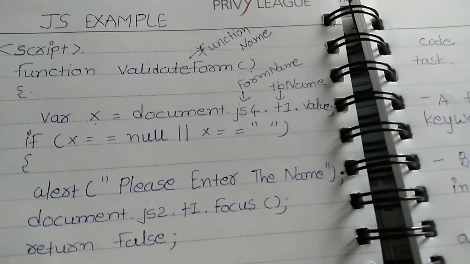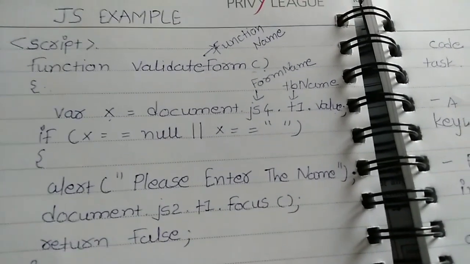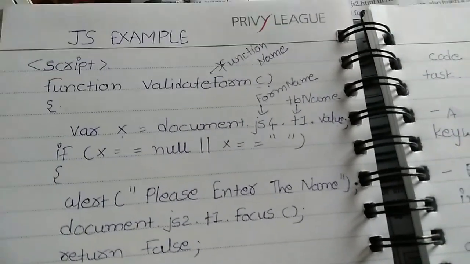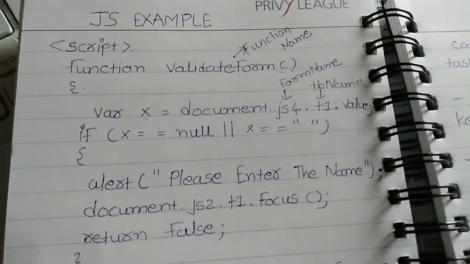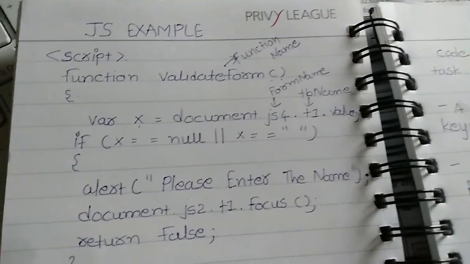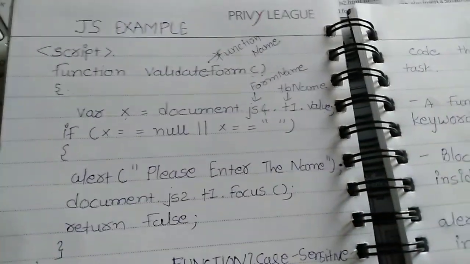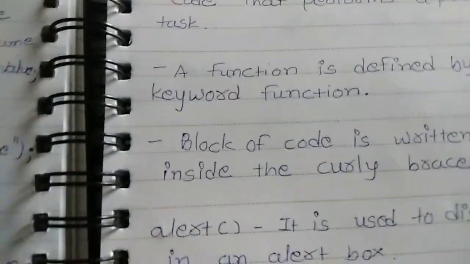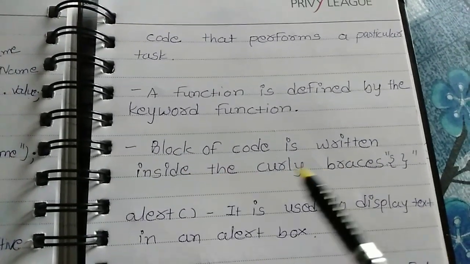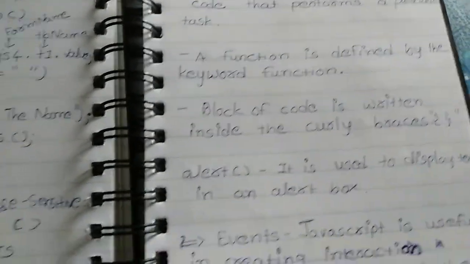Which bracket? Curly bracket. In an MCQ, if a question arises about which bracket you write your code in, then the answer is curly bracket. Next, block of code is written inside the curly bracket. Next is